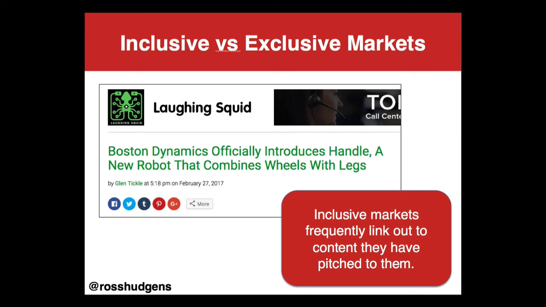You'll find that their content tends to talk about a post or a piece of content exclusively. They don't take too much time to create. These are news sites, sites like Laughing Squid, the Mic sites. Those are the kind of sites that are more inclusive because they're looking for those outside sources in order to